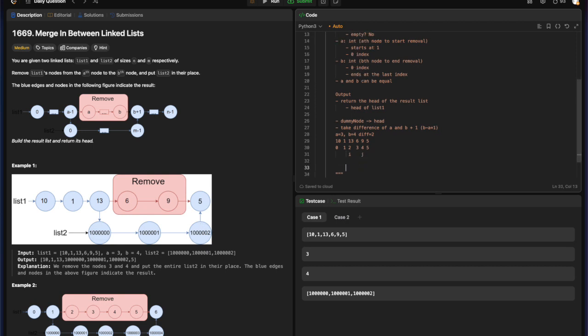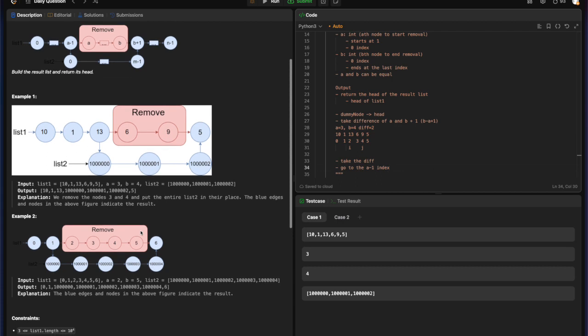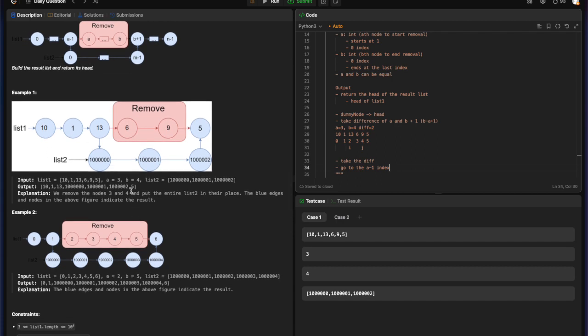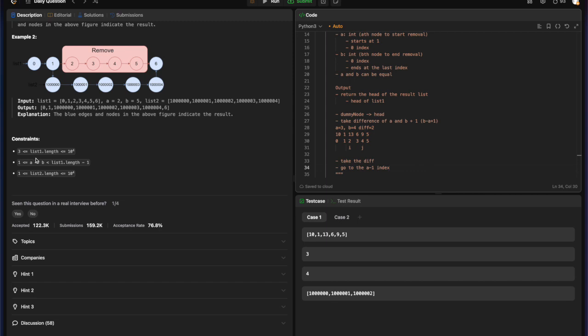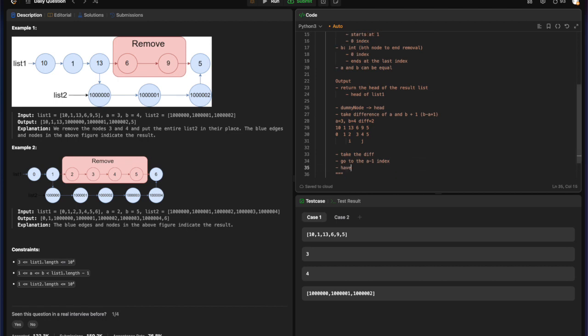Okay, so logically what we need to do is take the diff, go to the a minus 1 index, right? Because we're guaranteed that a is 1, if for example a was 1, we'd go to the 0th index, which is the first node, right? That's fine. You take the difference, you go to the a minus 1 index, and you have the a minus 1 node point to the head of list 2,